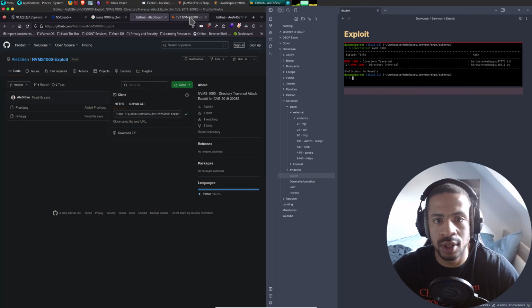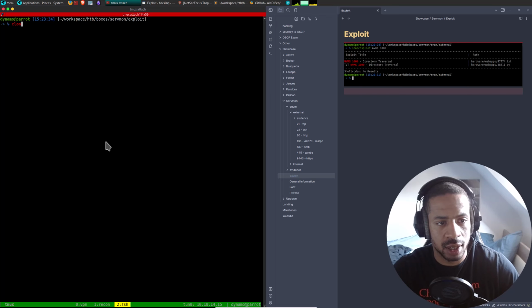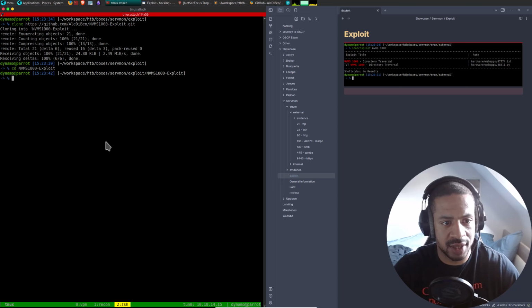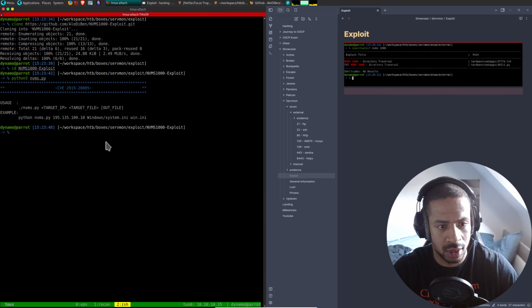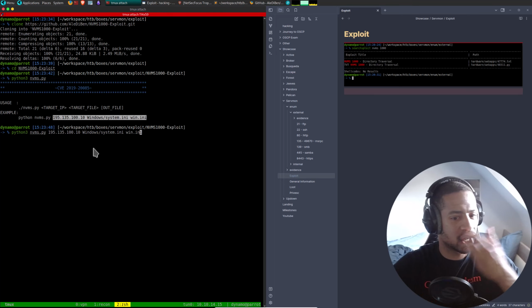Okay, clone. This one probably works. Clone, which is an alias for git clone, and then NVMS, and see what this one needs and if it works. Okay, let's try this just to see if indeed it does work.